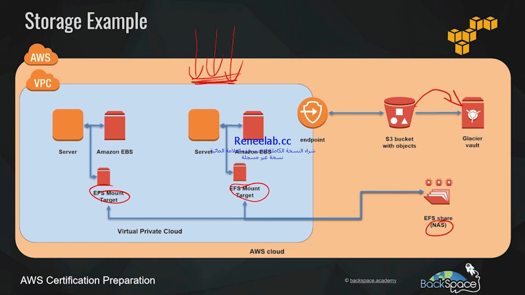Now, that S3 bucket will be located in the AWS cloud. It's not located in our VPC. So remember we said the VPC is our private space within the AWS cloud. And nothing gets through it without us allowing it to come through. So that is where the VPC